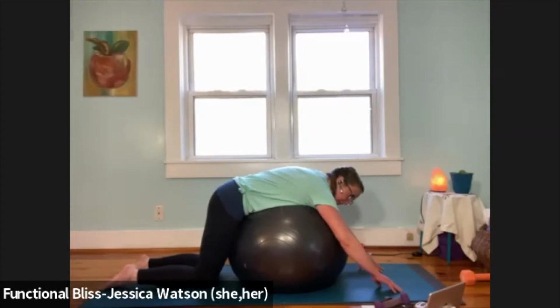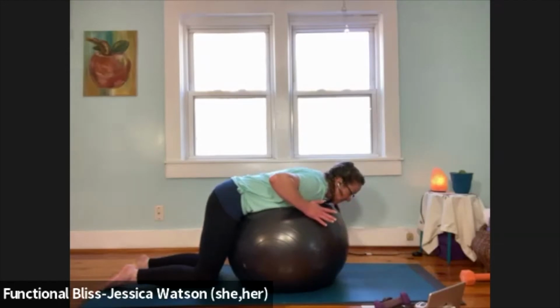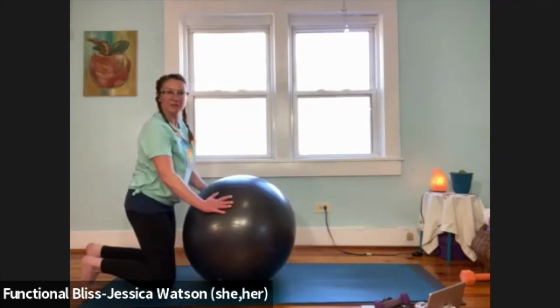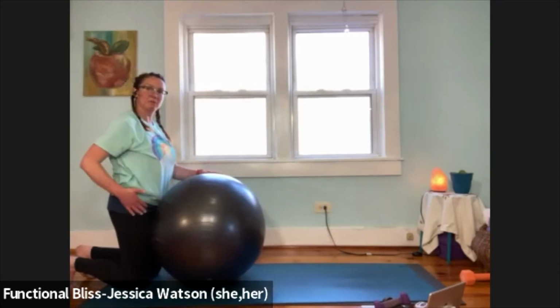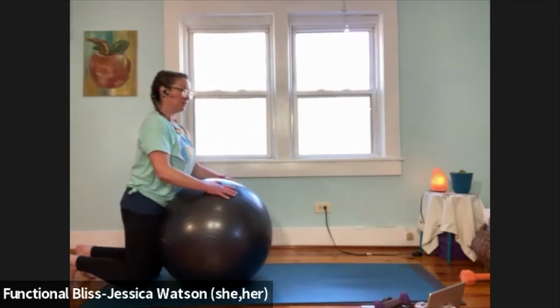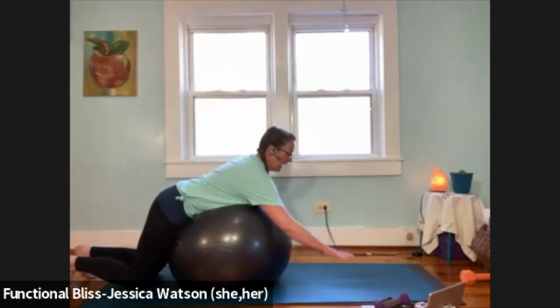One more nice big breath here. And then with control, so hands are going to find the ball, push into the ball, lift yourself up. I'm going to rearrange myself just so I have a little space to move, but we're going to take it into a plank with the ball underneath the belly and the hips. So place that ball in a way that you can secure it underneath your abdomen, and then hands are going